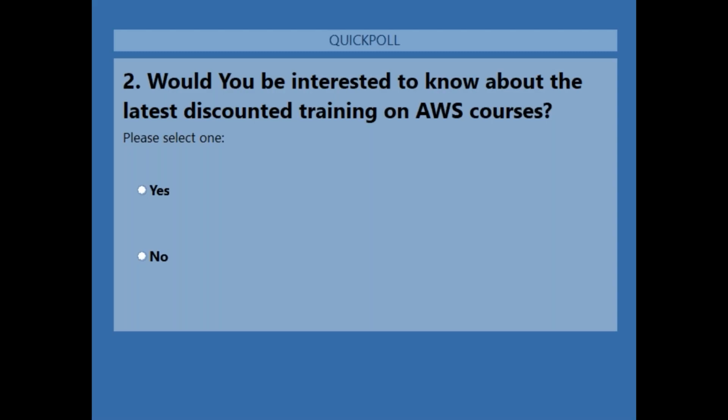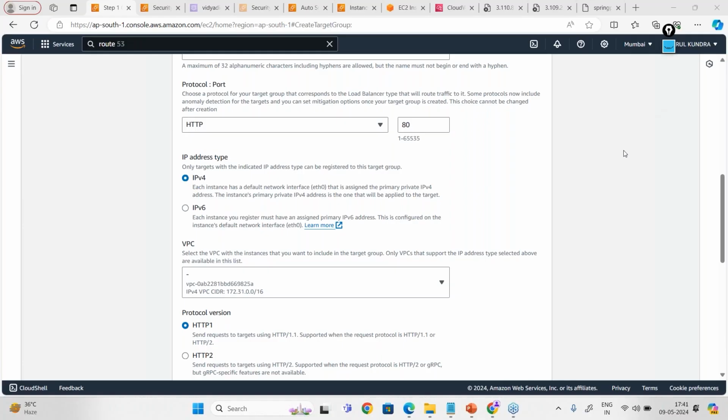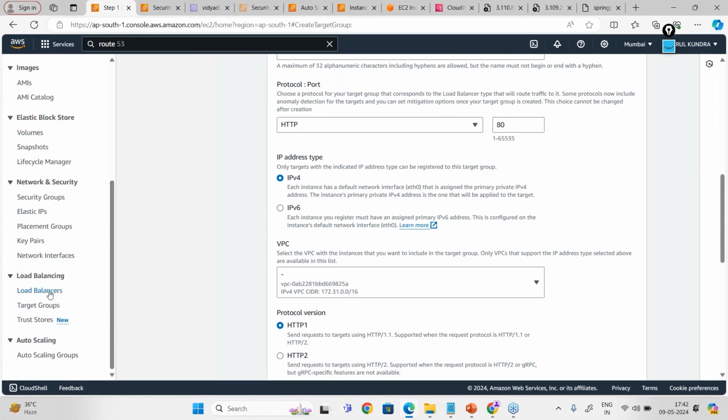Any other questions, please? Yeah, I can see a question now. Somebody has typed gateway load balancer. We already spoke on it. Gateway load balancer is generally for deep packet inspection. Gateway load balancer works for your third-party virtual appliances, which I was just talking of. If you go to gateway load balancer, see this.